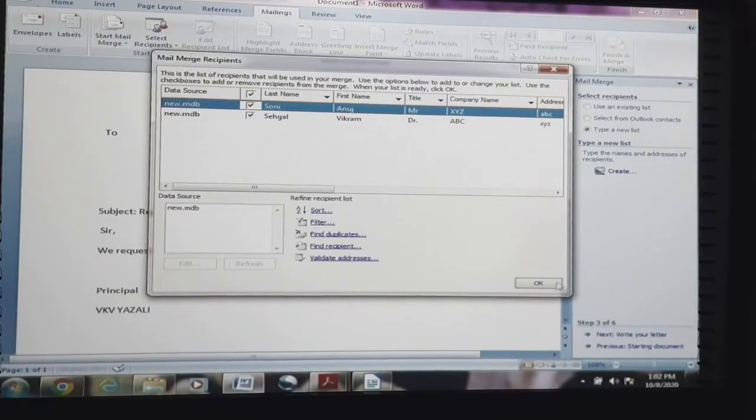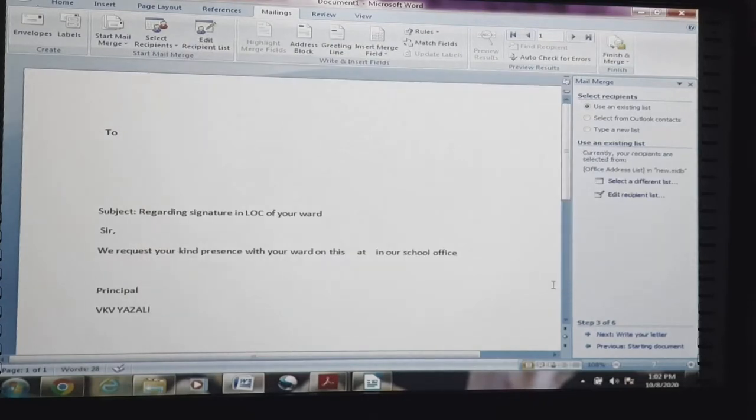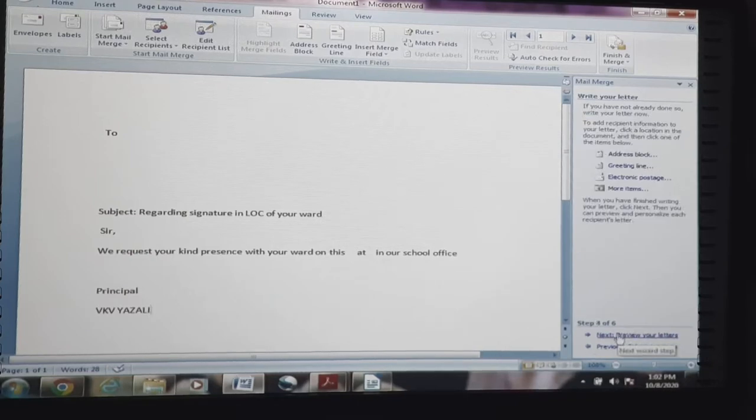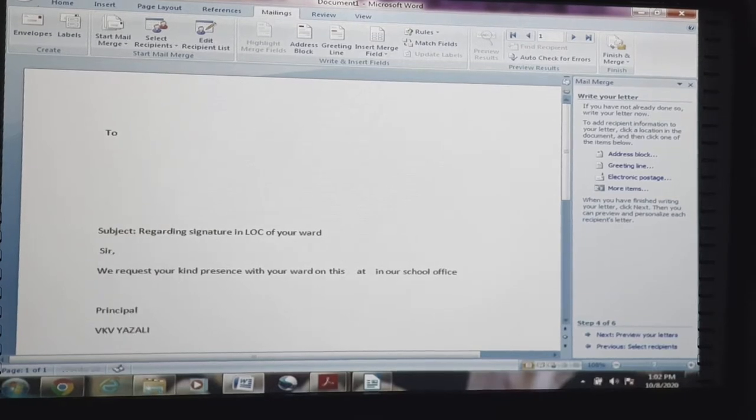Now use OK. So the next step is to write our letter. See, the next step is to write our letter. So we have already written our letter. Now we will use the concept of mail merge. So here edit recipient list.